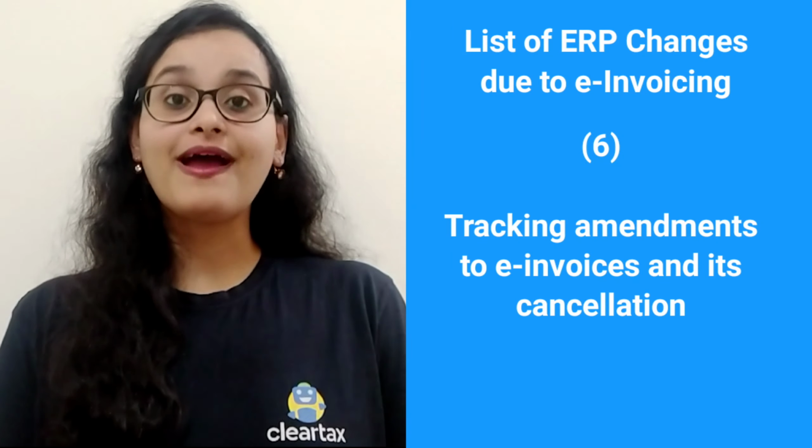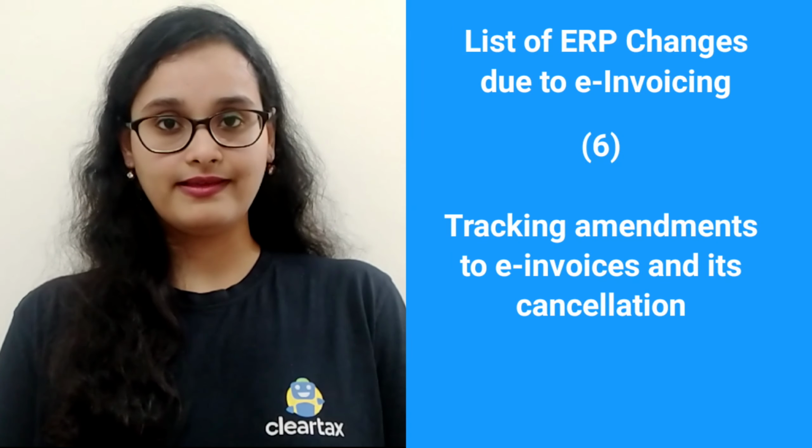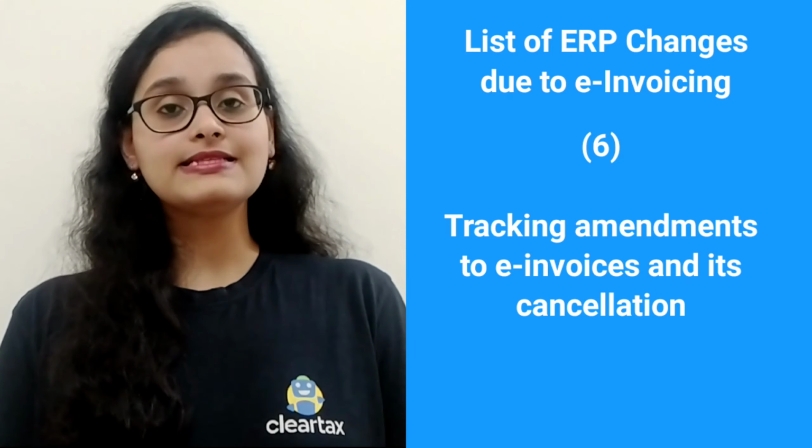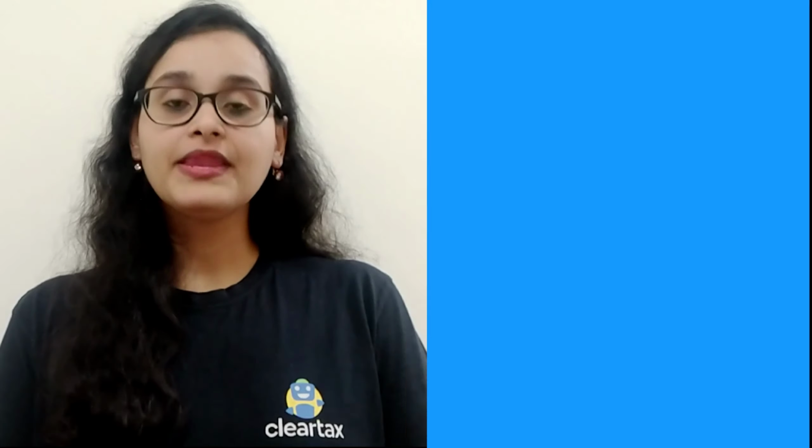Likewise, there have to be features to identify, record and store e-invoices that are received from your respective suppliers. Next up is the feature to track amendments to e-invoices and cancellation thereof. Any updates or changes to existing e-invoices require their cancellation on the IRP. Thereafter, a new invoice will be issued with a unique document number, which will in turn require the generation of IRN and QR code on the IRP. Suitable validations have to be in place on the ERP system for this.